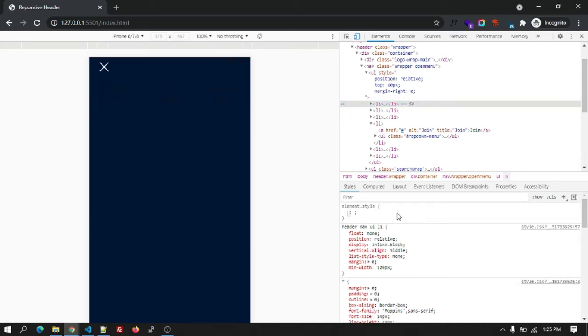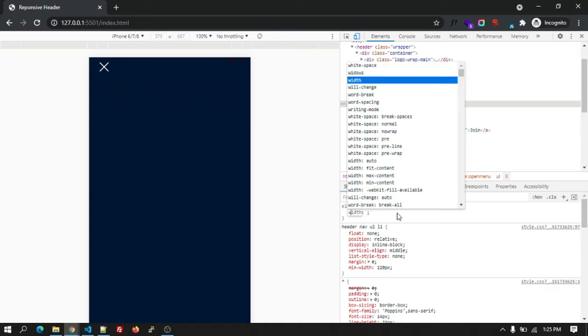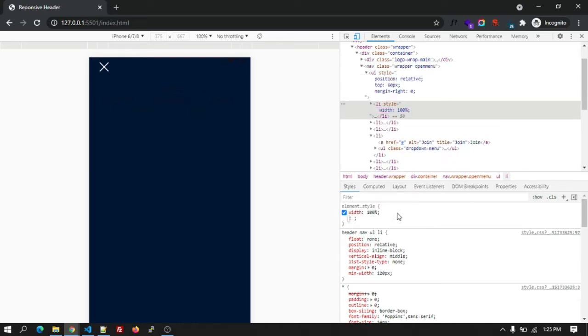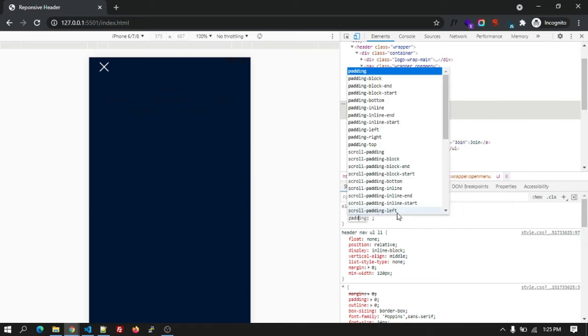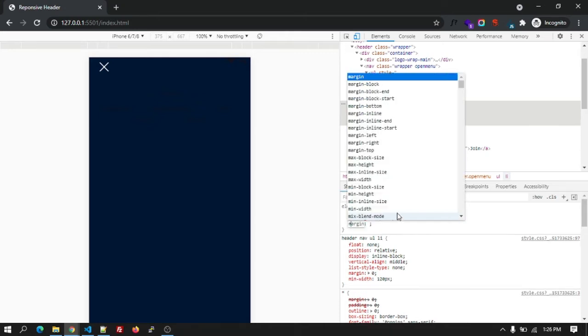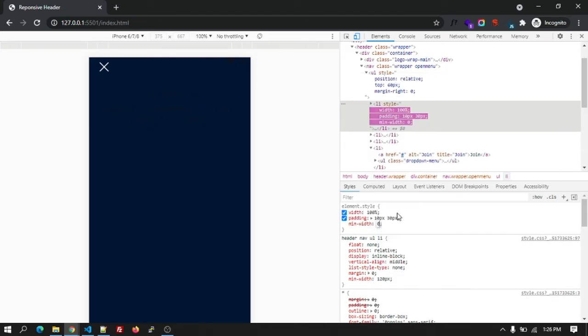So for the LI tag, width will be 100%. So it will become one by one, and the padding 10 pixel, 30 pixel, and the minimum width will be 0.